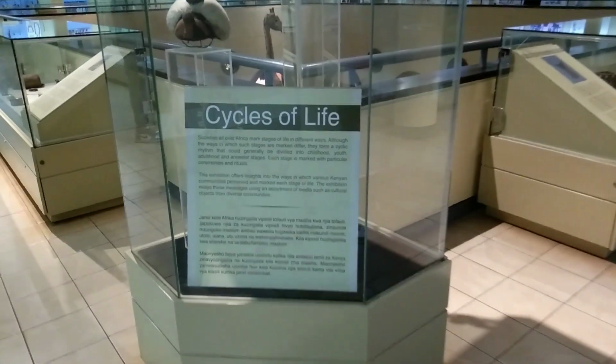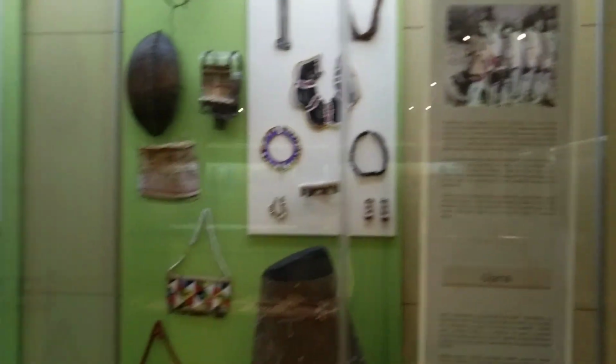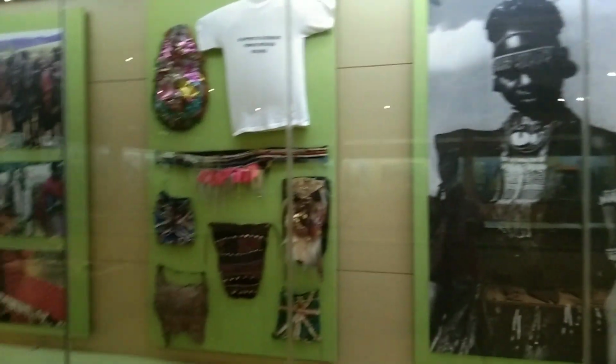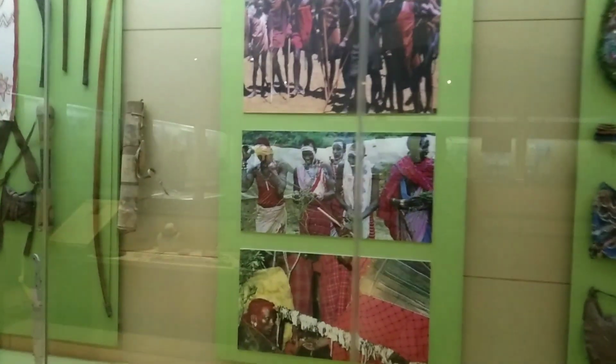The circle of life. Whenever a kid or child is born, he or she has to go through different initiation stages until adulthood. You can see these are some of the gifts and clothing that different tribes of the Republic of Kenya used to wear during their initiation or different stages of life. Those are the Maasai warriors. You can see boyhood, warriorhood, and then adulthood, all the way to the council of elders of a different tribe. These are the Maasai. You can see different musical instruments, swords,